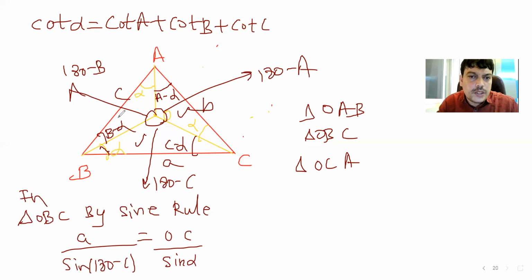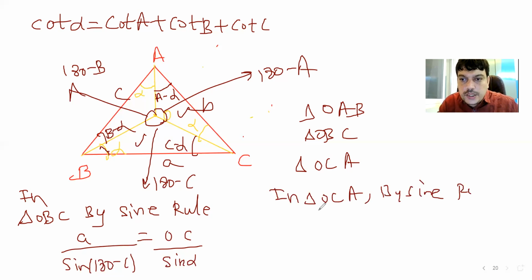So third side మనకు అవసరం లేదు ఎందుకంటే మన ఈ టూ ట్రయాంగిల్స్ లో OC కామన్ సైడ్ కాబట్టి ఈ కామన్ సైడ్ ఇన్వాల్వ్ అవ్వాలి, ఇంకొక సైడ్ ఇన్వాల్వ్ అవ్వాలి. సో OB we need not involve. We'll leave it here. Now again consider triangle OCA. Let us apply sine rule. So ఈ ట్రయాంగిల్ కూడా sine rule అప్లై చేస్తే మనం